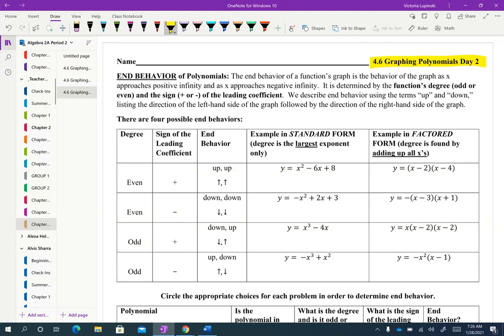All right, welcome everybody. Today we're going to continue with day 2 of graphing polynomials. Now, I'll remind you, our ultimate goal is for you to be able to sketch a highly accurate polynomial graph without a graphing utility. In the previous lesson, we reminded ourselves how to take x-intercepts and turn them into an equation,